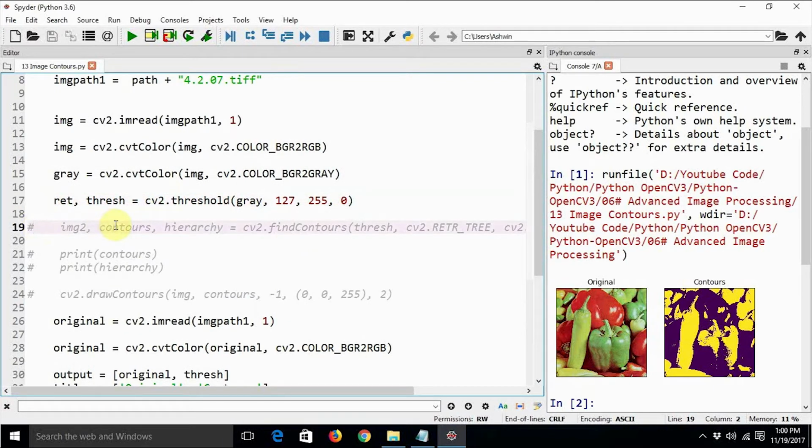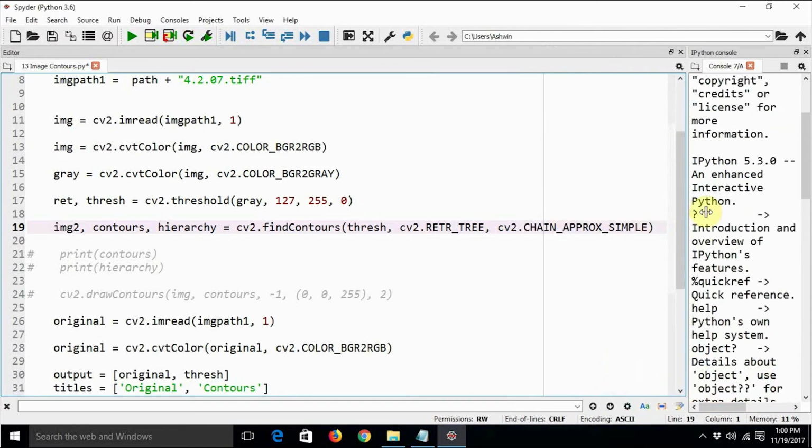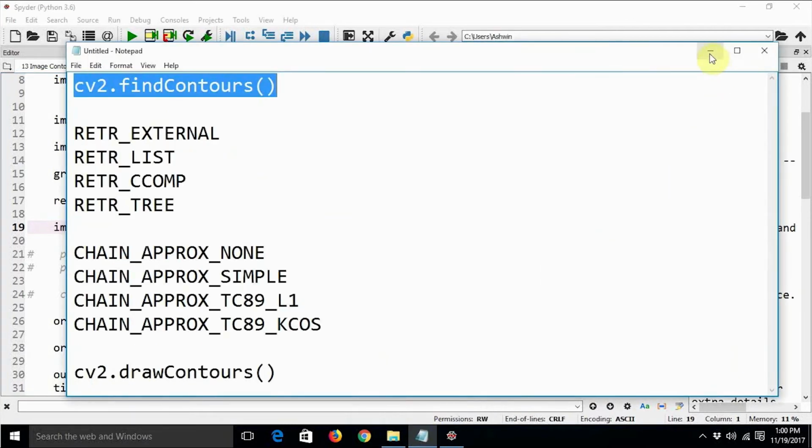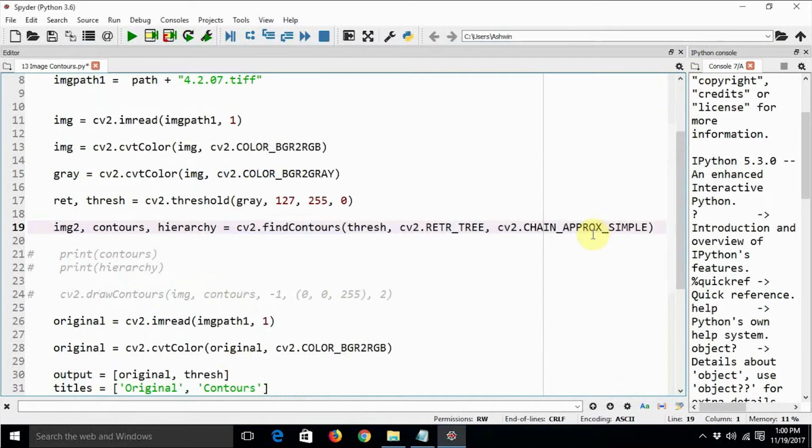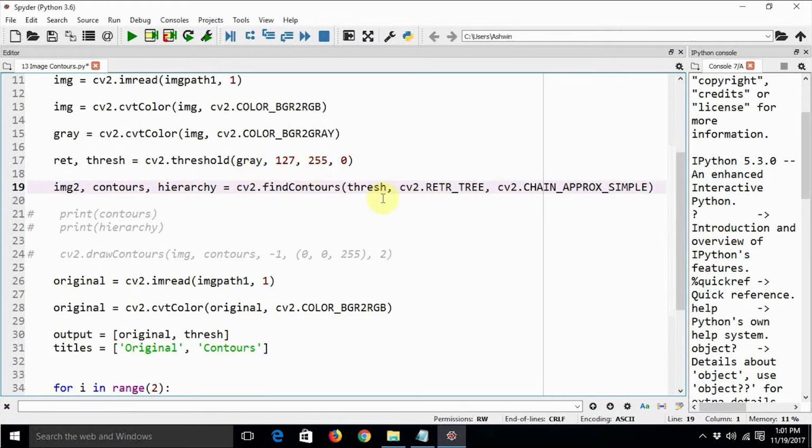Then we can use this thresholded image as an input to this find contours. And as I have said earlier, we also need to provide the retrieval modes as well as approximation modes. I'm going to mention these modes in the comment section down below, and I'm also planning to put it in the code once the recording is done, of course as a part of a comment, otherwise the code will crash.